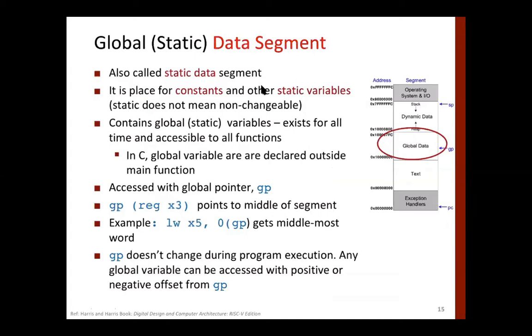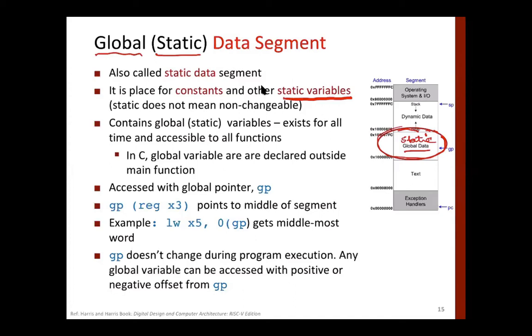Yes. First, let's discuss what static or global data is. Both words are used. Some authors call it global, some call it static. Okay, so it's here, shown within the red circle. Okay, so this is global data or static data. Note the word static. Static does not mean it cannot be a variable. When we say static, in fact, we are using the word variable here. It means that a variable is something whose value can change.